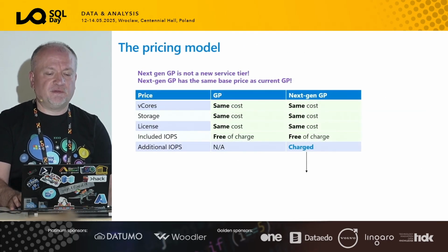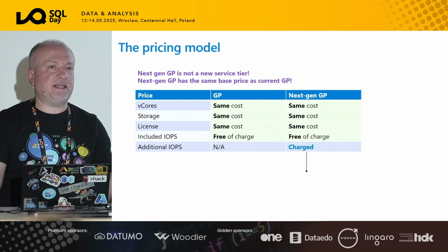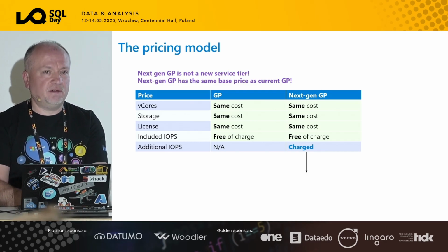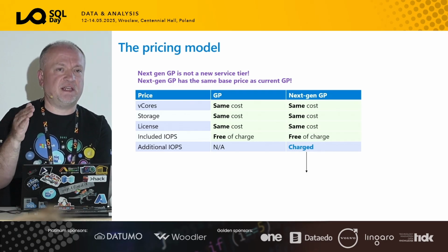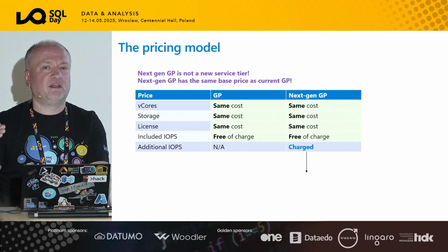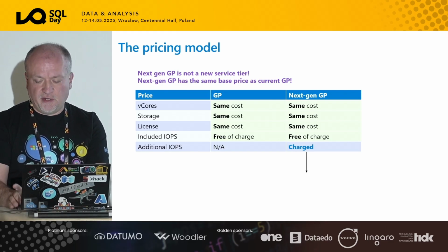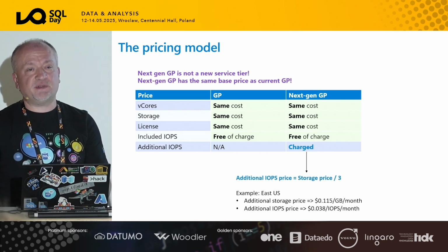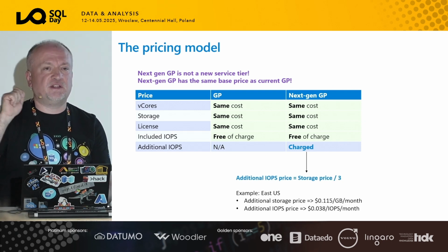So in terms of the cost, what does it cost? It costs the same, absolutely the same, same as GPv1. So what are we saying? It's not a new service tier, it's an upgrade. We're upgrading the general purpose service tier. What is charged is the IOPS. So if you need more IOPS with the same configuration, then storage price divided by 3, and there are some examples,